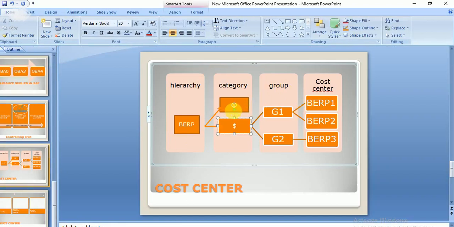I have created a cost category, but I have not linked it to any cost center. So I'm just using this dollar symbol, that is the production department, I think. I'm using this cost category for all my cost centers, so this is linking with all the three cost centers. So I will use this dollar symbol in my cost center.